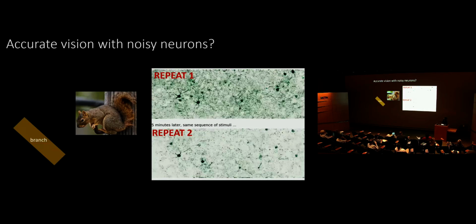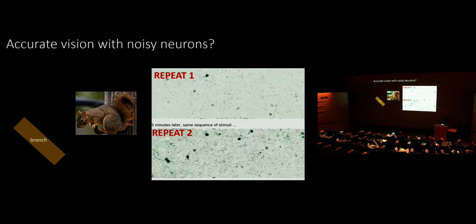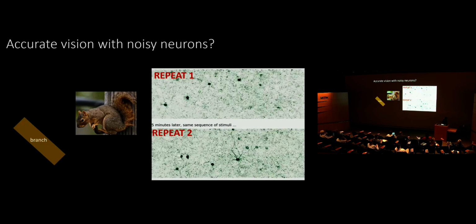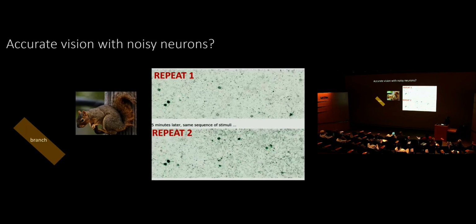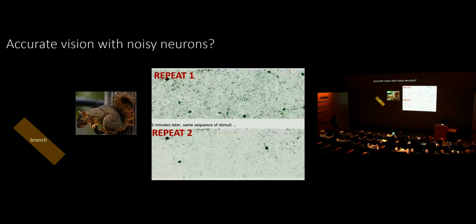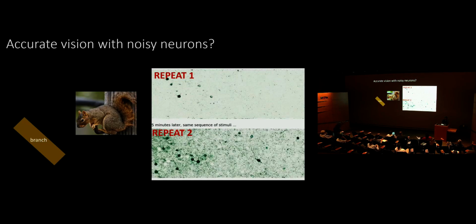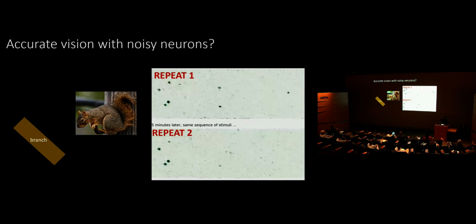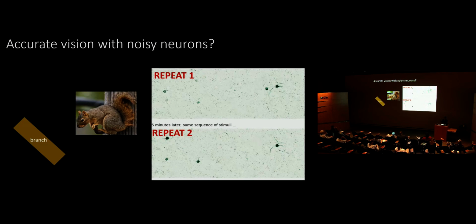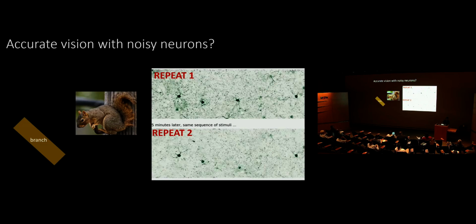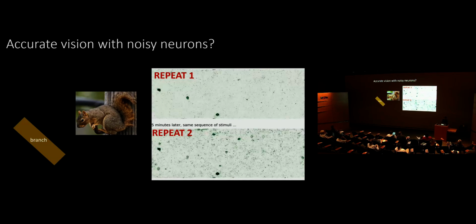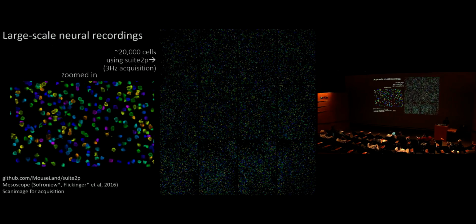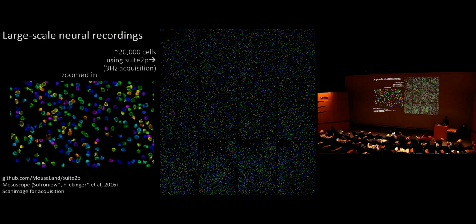Some of them will have more reliable responses than others. Maybe this one's kind of a decent one down here. But on average, you can see that a lot of the neurons have pretty variable responses from trial to trial. So this might cause a problem in terms of coding the world around you. You want an accurate representation of the world, but every time you see the same stimulus, your responses are different. So we're going to try to figure out if this noise is a problem for coding or if we can basically ignore it. So to answer this question, we do large-scale neural recordings using the mesoscope that Andreas described, built